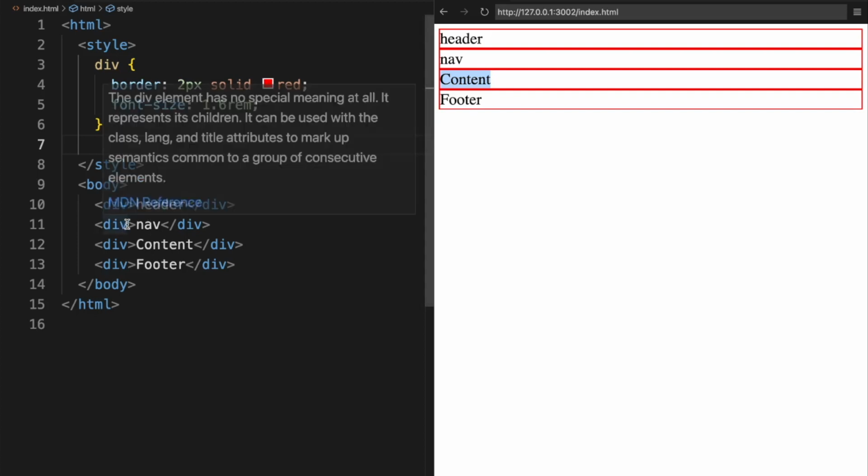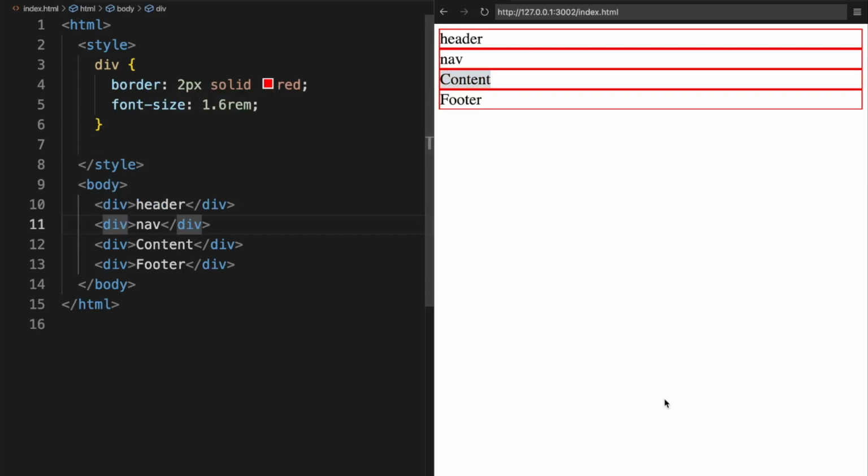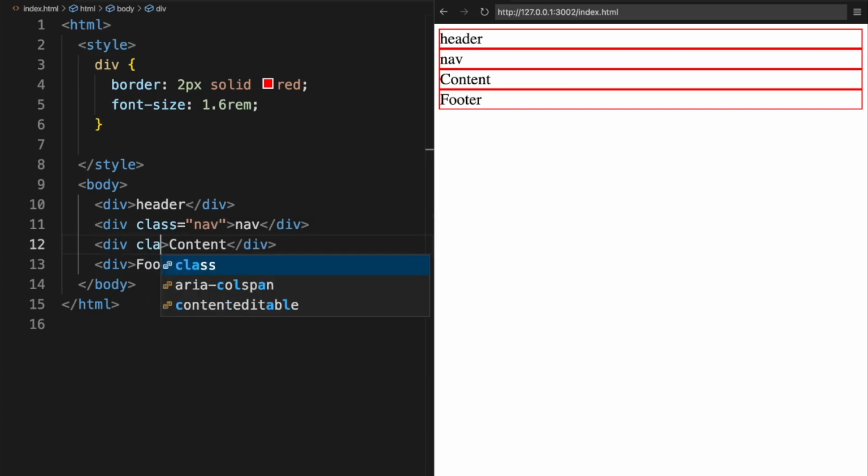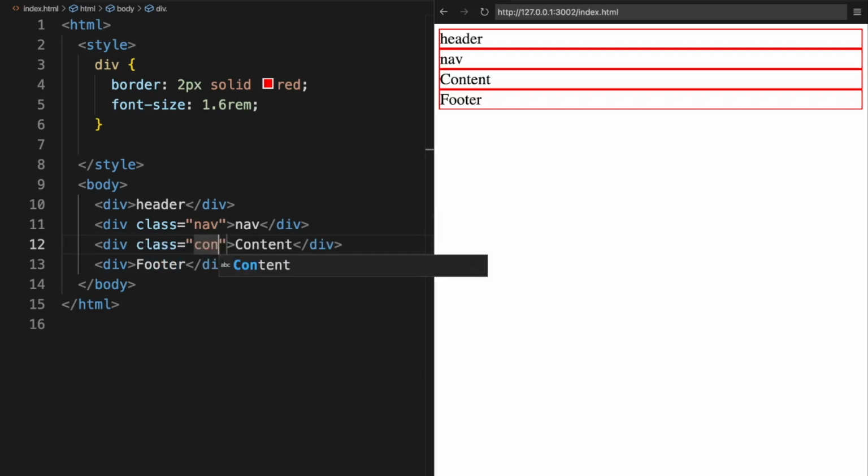So let me give my navigational button a class name, so that I can go and style it separately. I can target it and style it. So let me say this is my nav, and let me give my content a name as well, so that I won't have issues styling it. And then I call it content and style. So I have my nav. I want to target my nav,